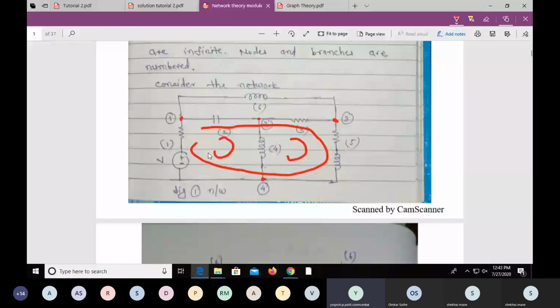And sir, fourth one is also node. Fourth one is also node because it is a reference node, ground. So yes, all are considered as node because all these 3 branches are meeting at that particular junction. So it is node. This line is same because there is no other element. So all are connected at this 4 point.